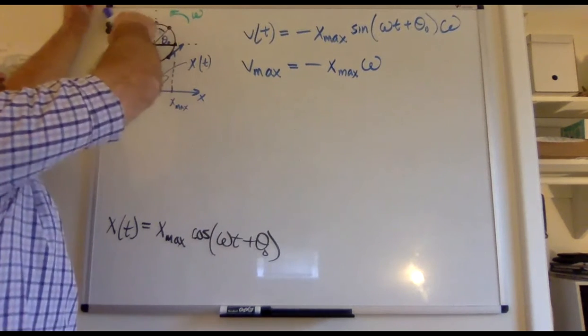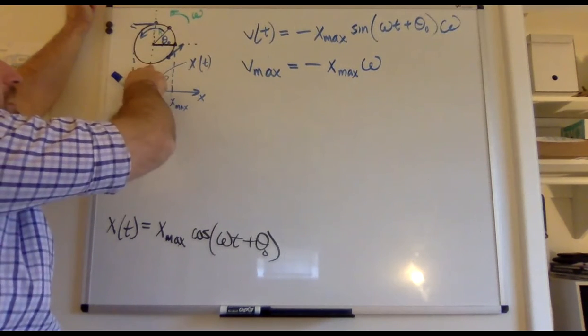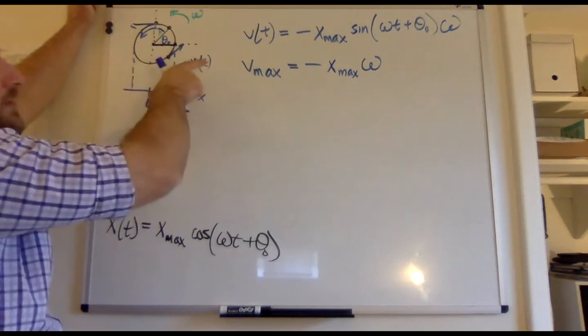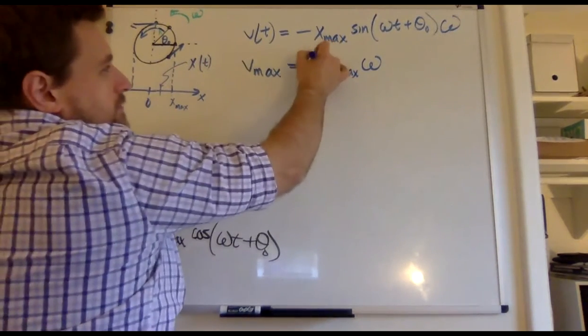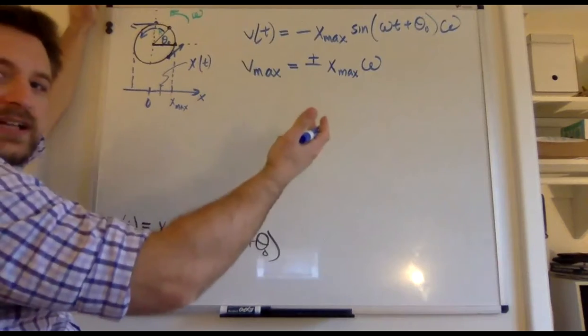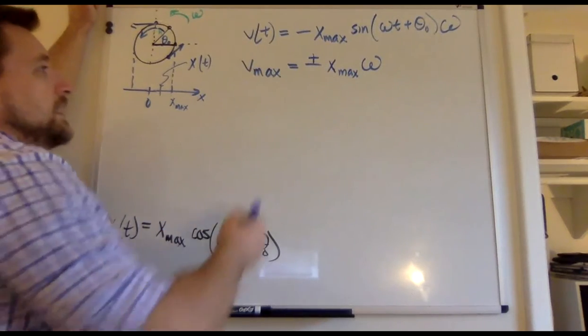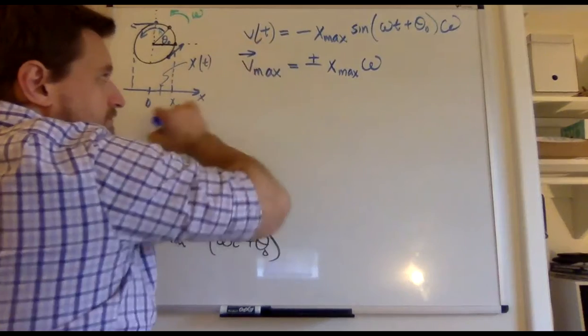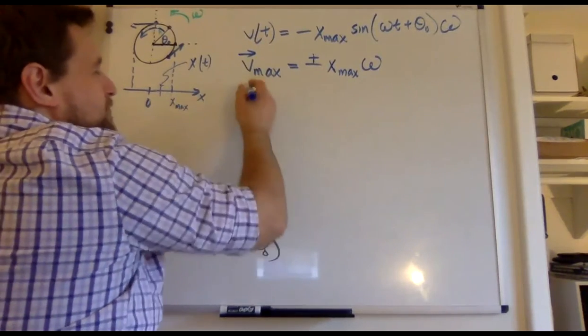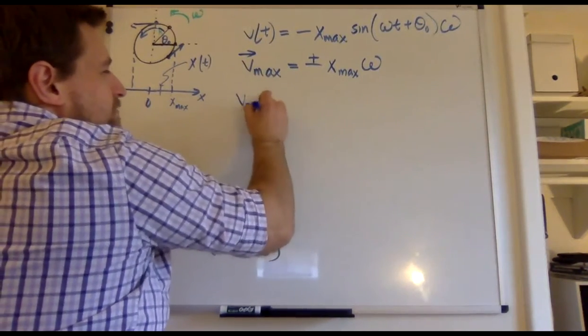Now, as we go around the circle, we get to 3 pi over 2, we're headed back to the right. So our v max could be positive or negative depending which way we're going, but in terms of magnitudes,